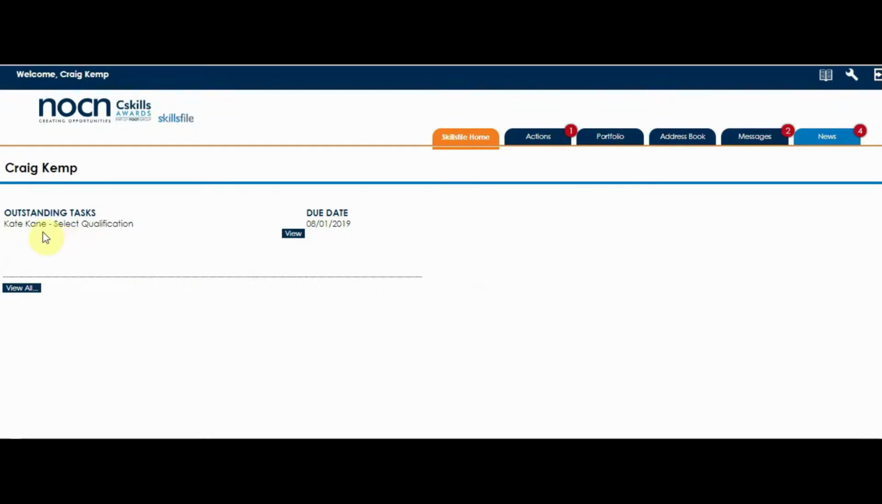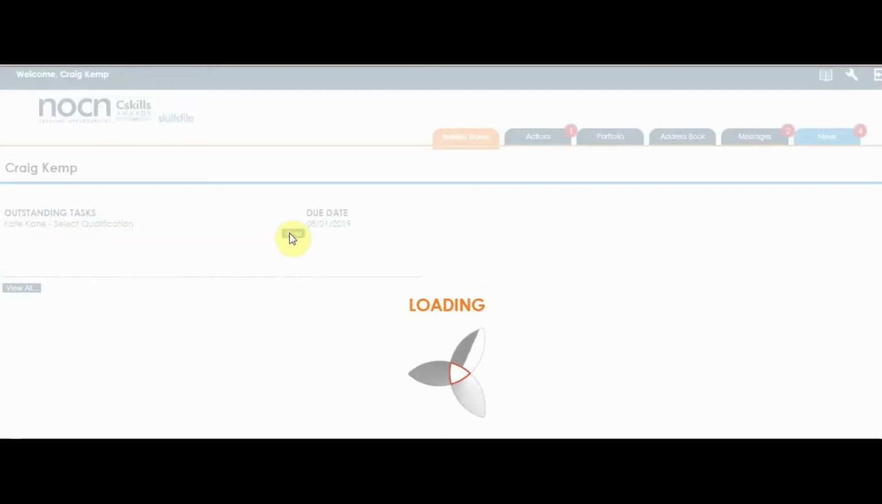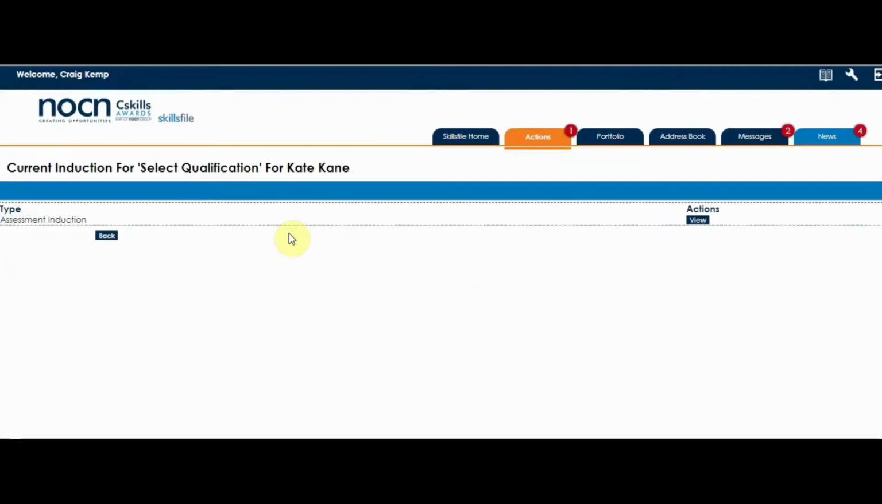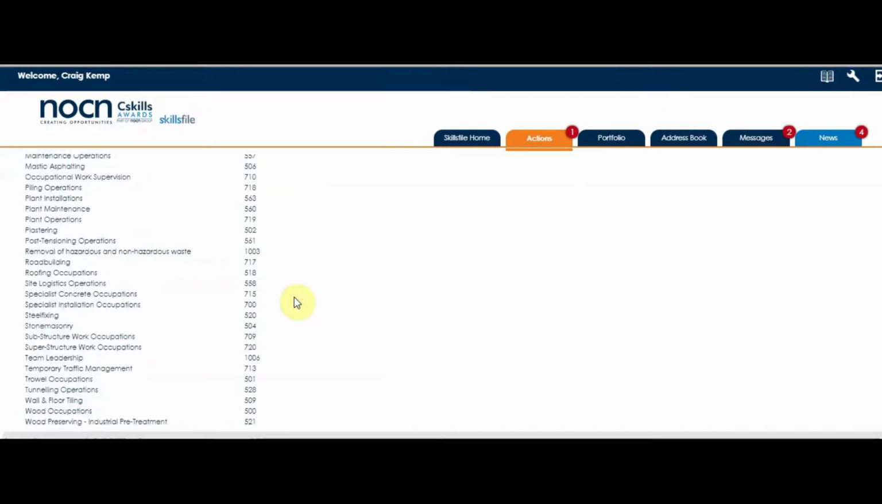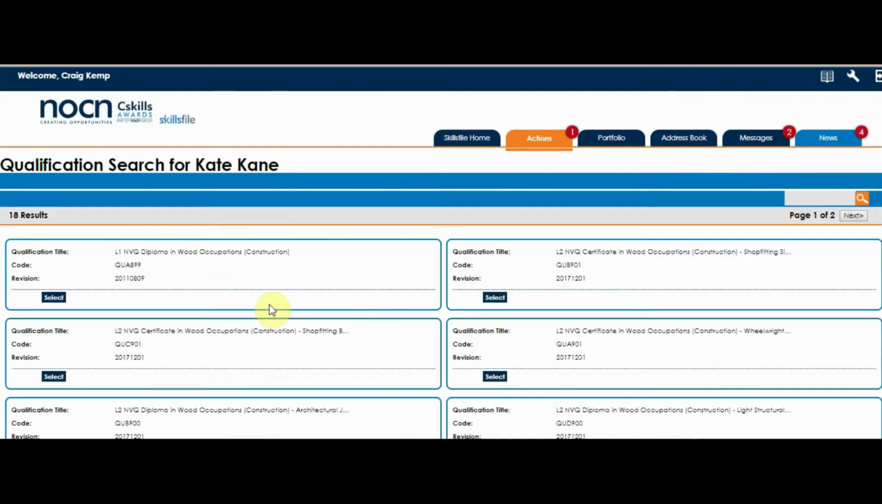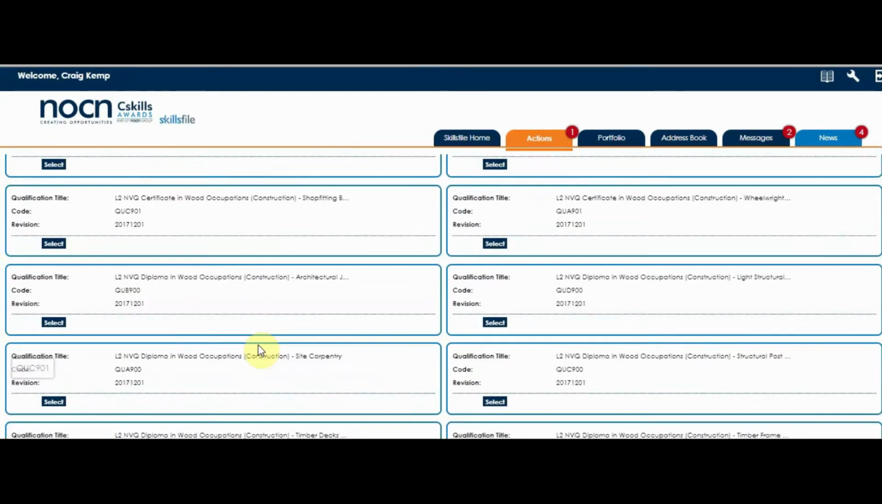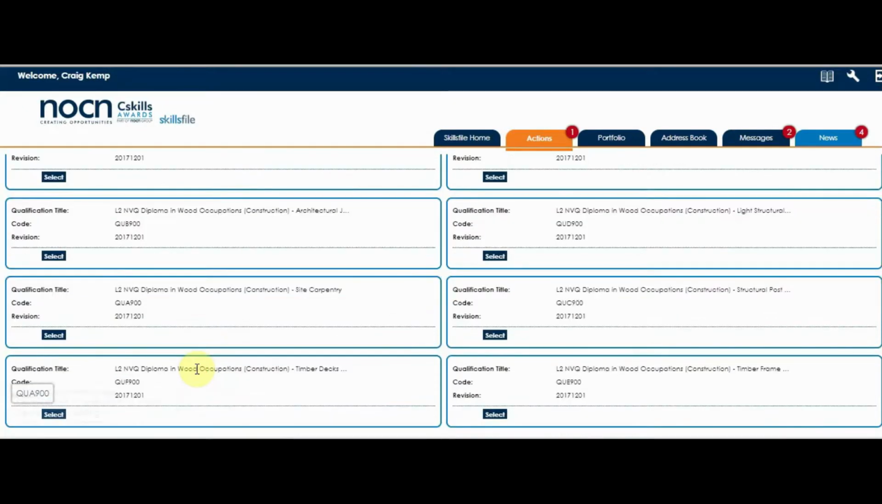and you'll see there's the learner we created, Kate Kane, and it's actually saying select qualification. So I click view, and again click view there, and it gives me a list of the qualifications that the centre has accreditation to deliver. So for this example, I'm going to select all occupations. They're going to be doing level 2 in site carpentry. So I click select,